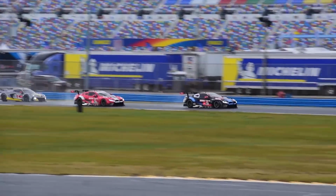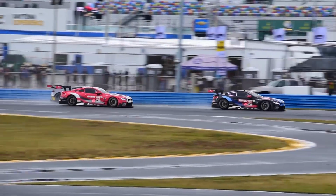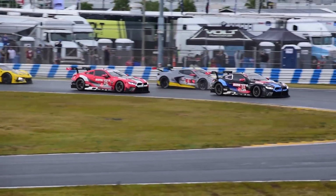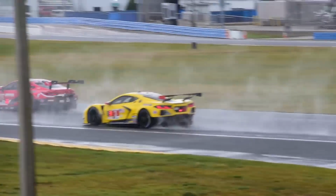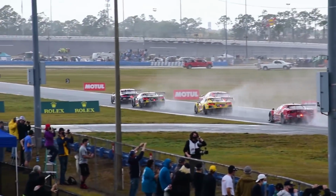You can't miss it. You can see it all the way around the track in GTD. GTLM: we have Corvette Racing in a front row lockout, and kind of the surprise in third was the WeatherTech Porsche, the privately entered GTLM car. That was one that I questioned, are they going to be able to maintain a strong pace? Well, it looks like they've at least got the strategy down because they were able to get around the BMWs,